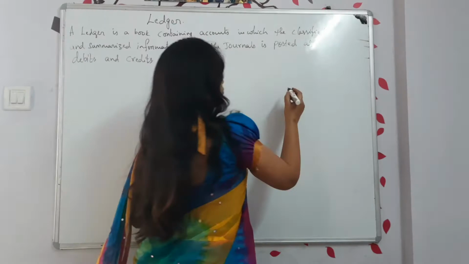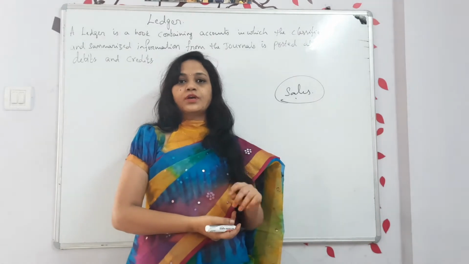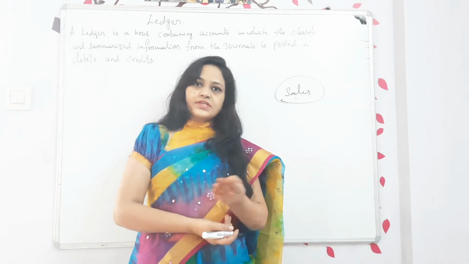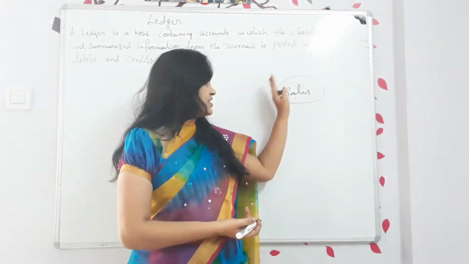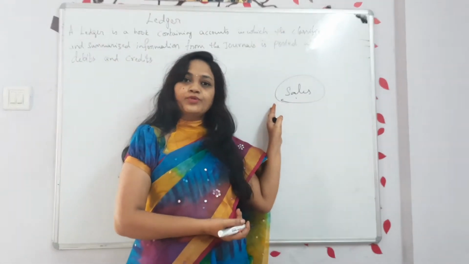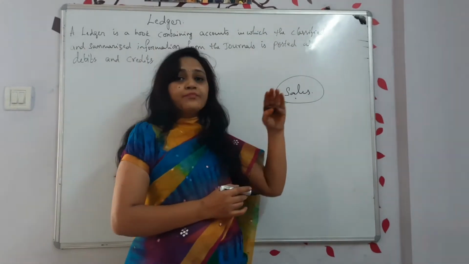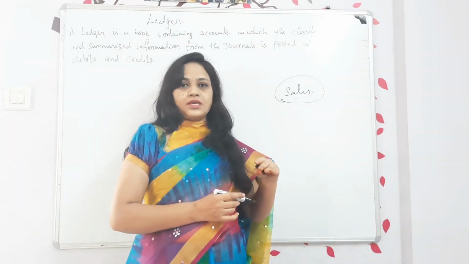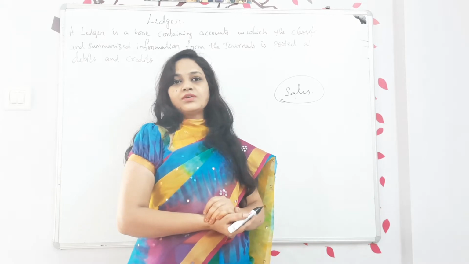After one month, I want to find out what my total sales are. I am not speaking about credit sales or cash sales, all together. In one day, do I sell only one item? If I sold like that, better let me close my business. So I will be doing so many sales transactions. When I am doing so many sales transactions, from the journals I have to find out where my sales are. Is it so easy? It is not so easy. You will be finding so many things.